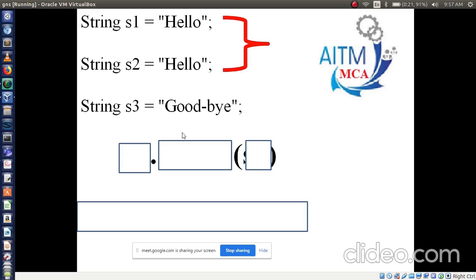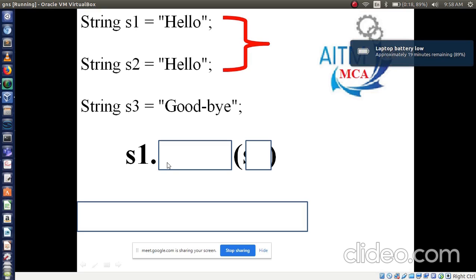These two are the same, I mean the pronunciation is the same, hello, hello, right? So now I am going to compare S1 and S2. How to compare this? S1, the reference variable or object variable, dot, which method am I applying? S2.